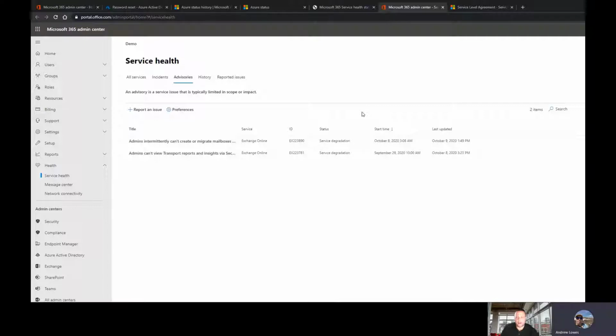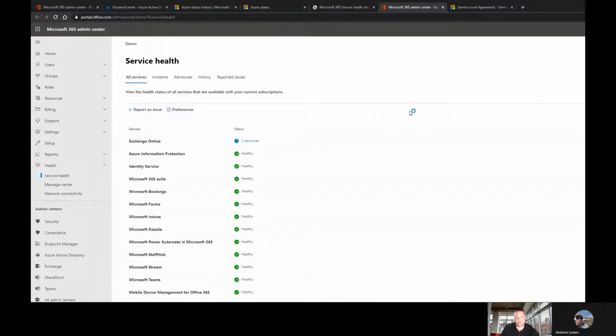Yeah, and to that end, these are advisories. They're a little lower on the impact scale as opposed to an incident. The incidents is what we actually experienced this last week. Andrew, if you click on the history, you could probably pull up a historic incident that they might have there, or you can look at any of the ones that they've had in the past, and they'll usually give you the full chain of events when they say that the issue is resolved and that telemetry is indicating that statuses are returning to normal. And again, there's that telemetry AI component of the Microsoft stack that's in the background, really,